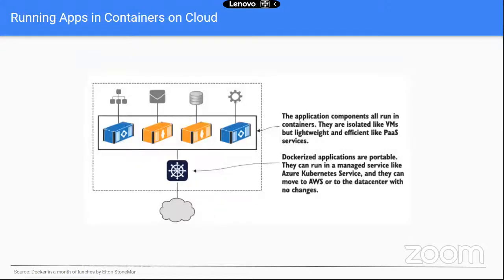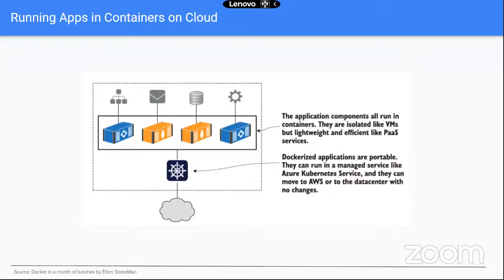Then came the concept of running the applications in containers. When container technology came out, or rather was made easier to use for the public by the Docker company and the Docker community, it started to make sense that running applications should be so easy that if you want to port it from one cloud provider to another, there should be no change in the application itself, and the underlying infrastructure should be abstracted in such a way that it becomes easier to port the application